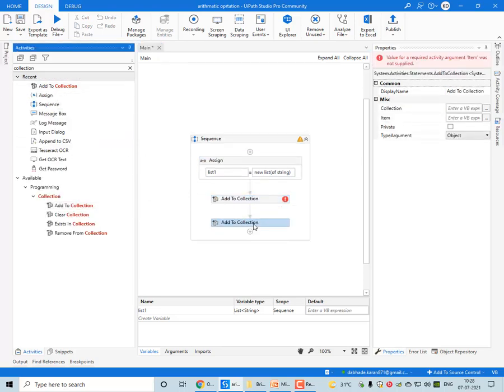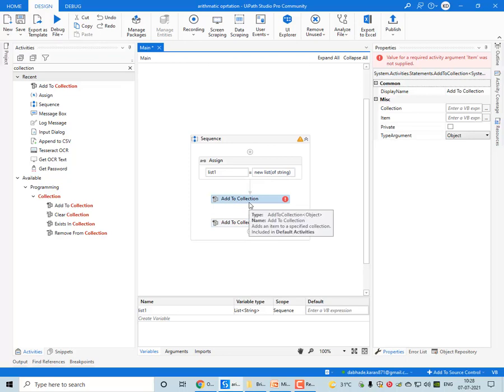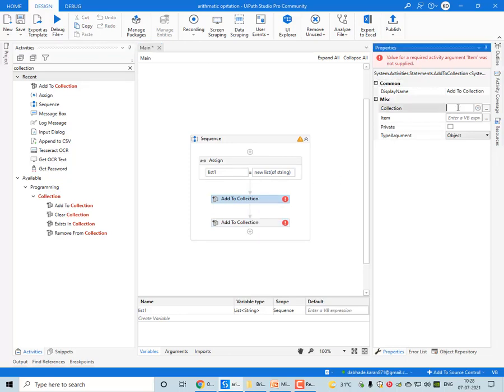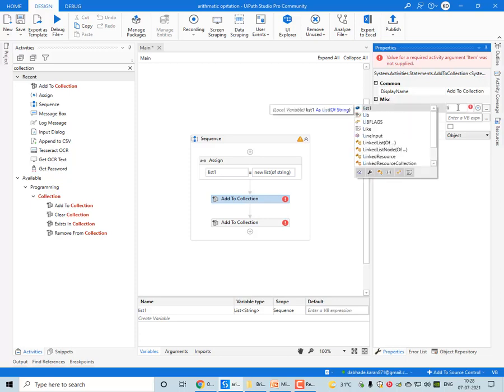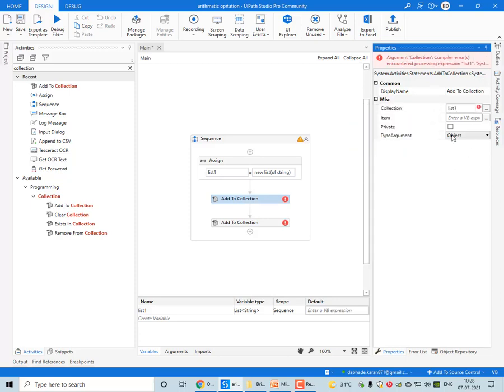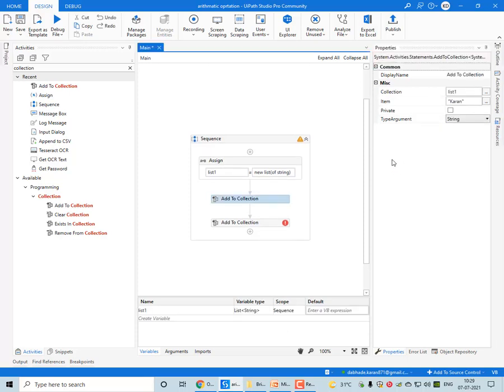I can put the variable name in collection as list1. Then whatever item I want to put, I write in double inverted commas, for example the first name Karan. The object type should be string here, then it will be error free.